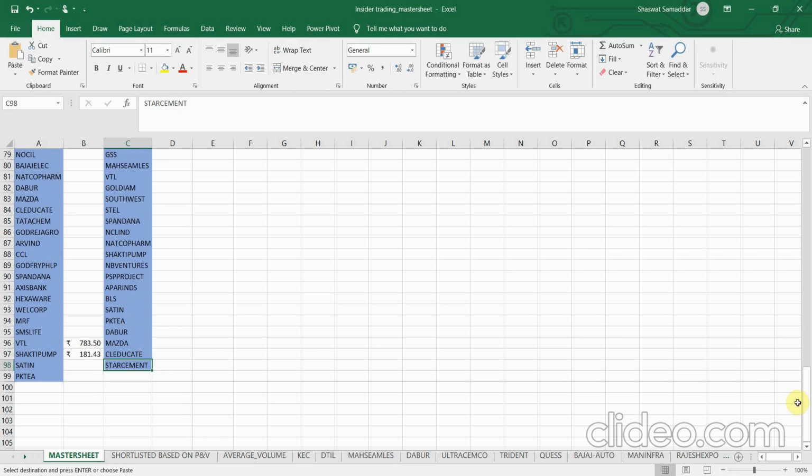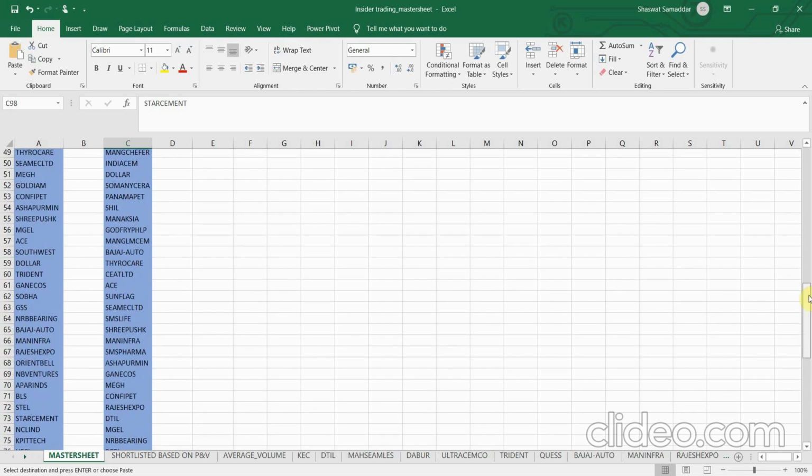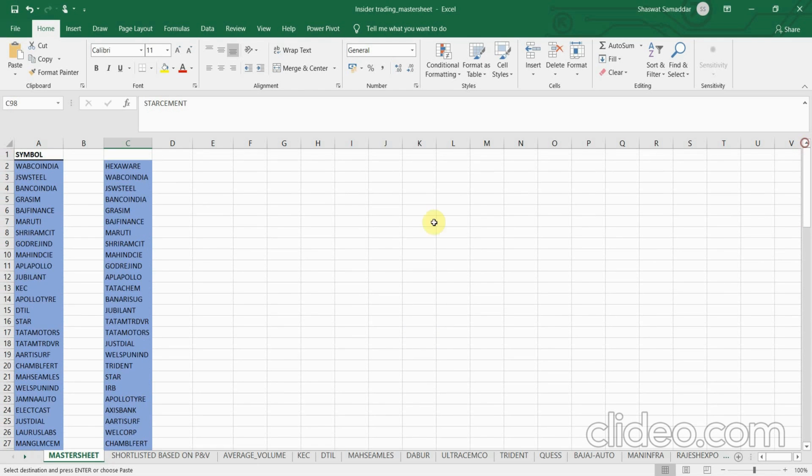So again, let me just give you a quick tip. It's not so much a tip, but let me just tell you that this analysis takes patience. You would not find new stocks every day. It's not like every day if you do the analysis you will get 10 or 15 stocks. It takes patience. Even if there are stocks in my list, I have to check that it passes the